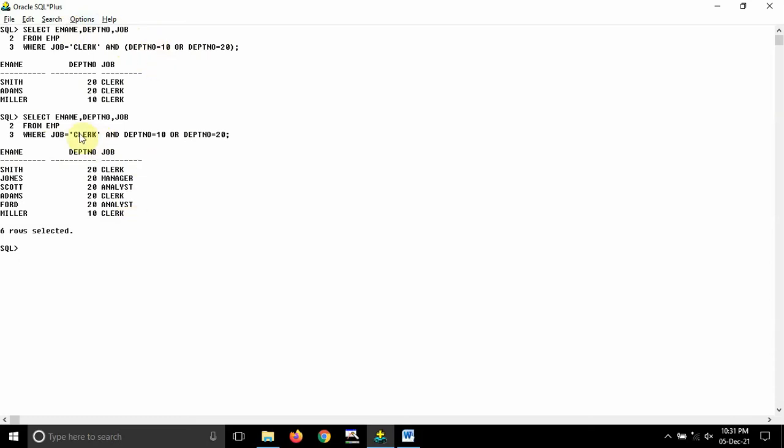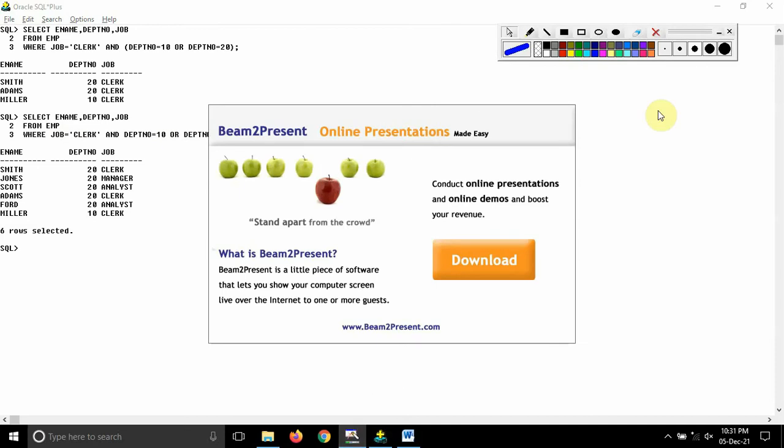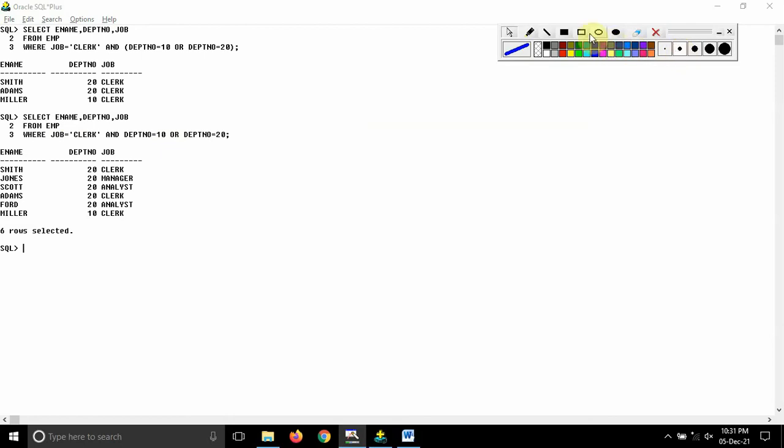What SQL does is, whenever it sees AND, it will take 2 operands, the first one on the left hand side and the second one on the right hand side, and it will group them together. Let me use a marker here, guys, then only you can understand. First it will make one condition of this one: AND is there, on the left hand side it will take one field and on the right hand side it will take one field.